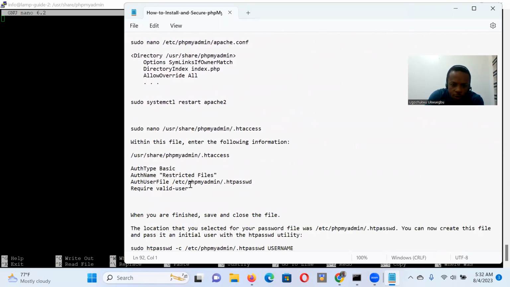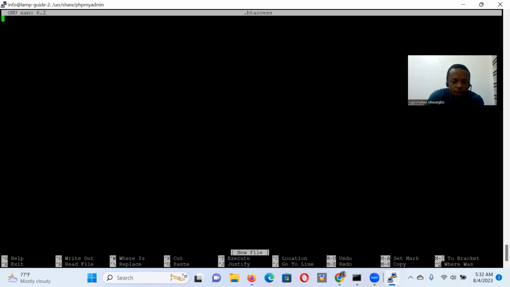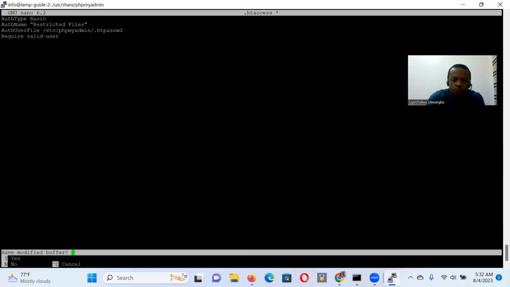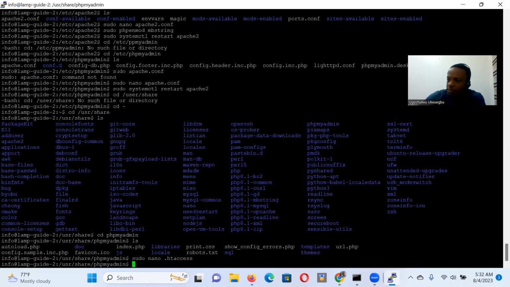So this is what I want to add. Copy that. I come here, I dump it with the right click. That's from this command prompt. I do a Control X and Y and Enter to save those changes. If you want to know the meaning of those things I added,